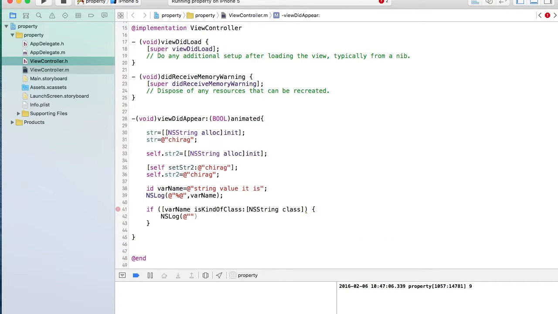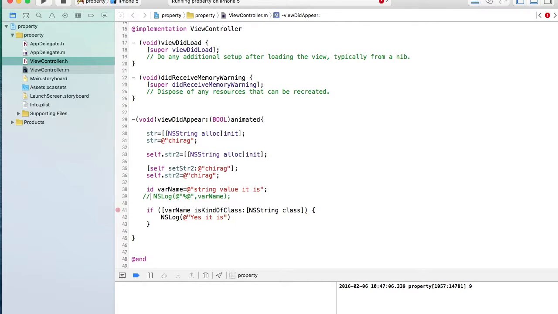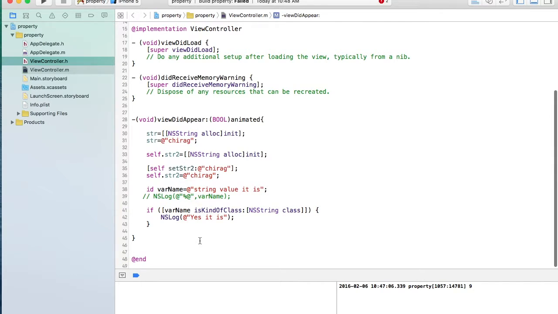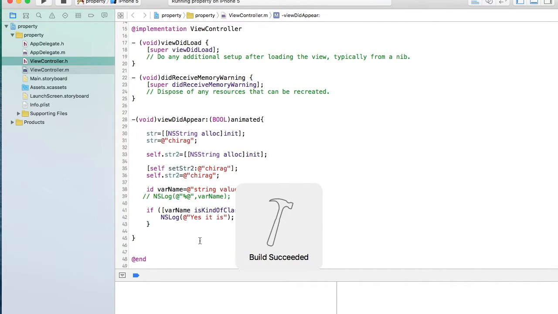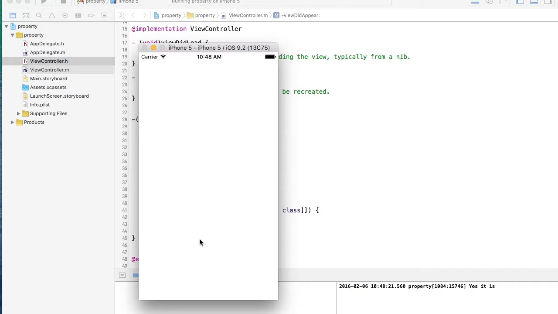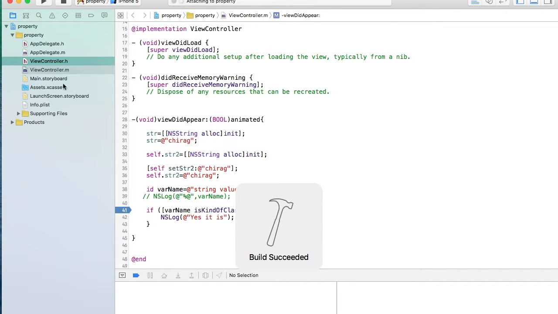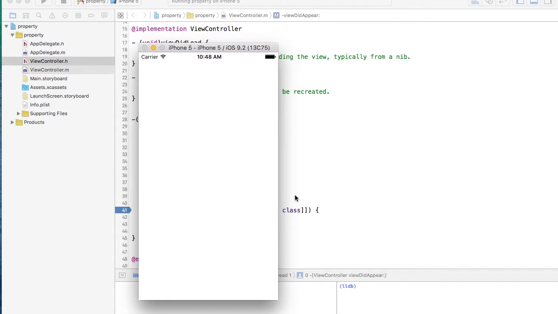NSLog, "Yes, it is." And let's now print out our NSLog. What is the issue? Okay, we need this. That's it. Yeah, so our loop goes into this part. So let's have a breakpoint. Then we can see the values of our variable,